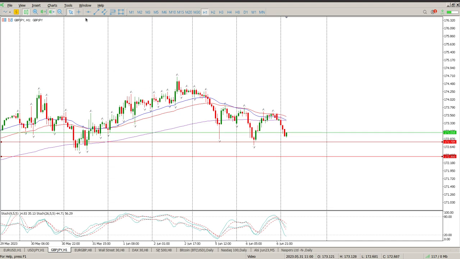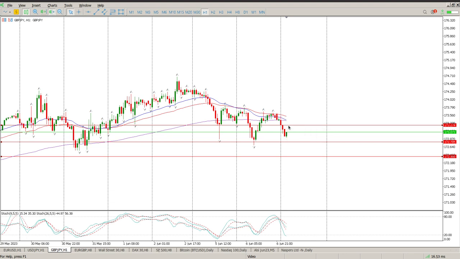I think one of the things that you do need to pay attention to is this breakout here. So it could be something with the yen. Sorry, I haven't looked at any noise this morning. So it could be something with the yen, where the yen is strengthening. So just pay attention to